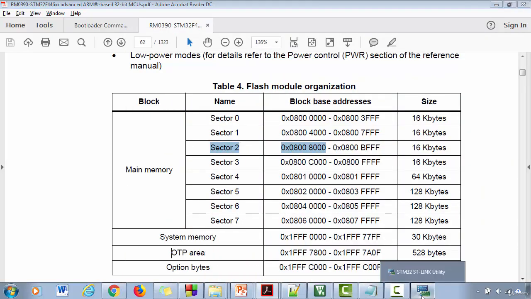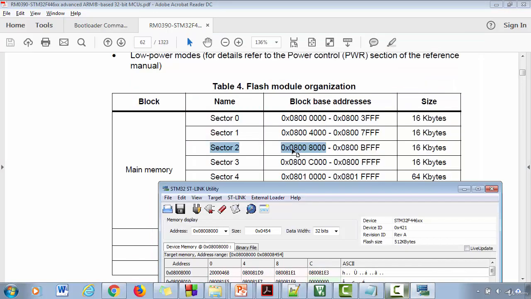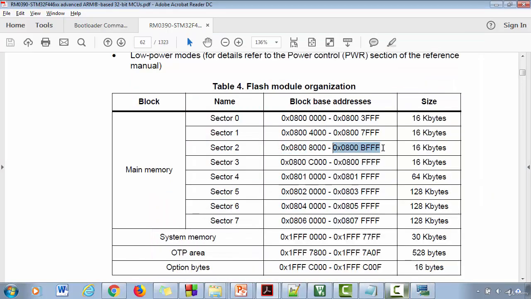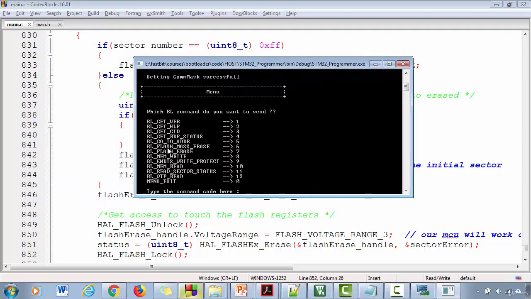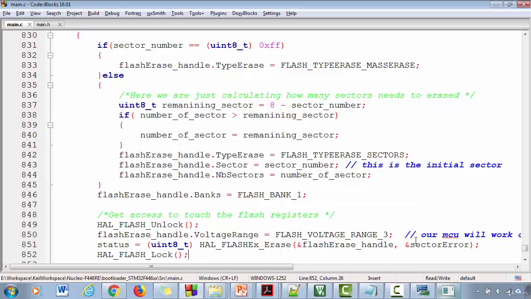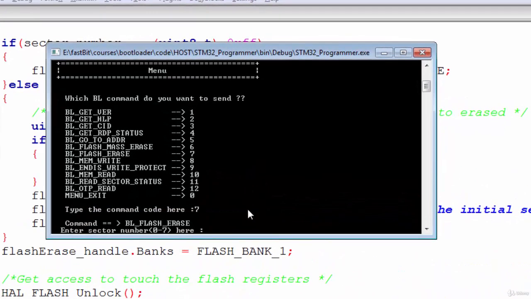Right, so now let's first erase this sector. Sector 2 means from here to here, right? So that much memory has to be erased. All right, so now let's try. Flash erase command is 7. Let me just type 7 here, and now it is asking to enter the sector number. The sector number is 2,